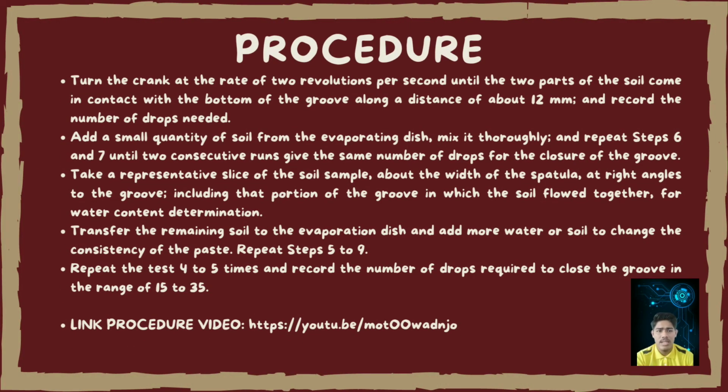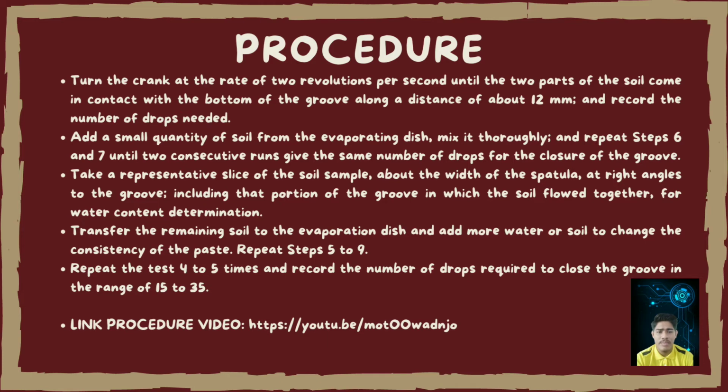After that, turn the crank at the rate of 2 revolutions per second until the two parts of the soil come in contact with the bottom of the groove along a distance of about 12 mm